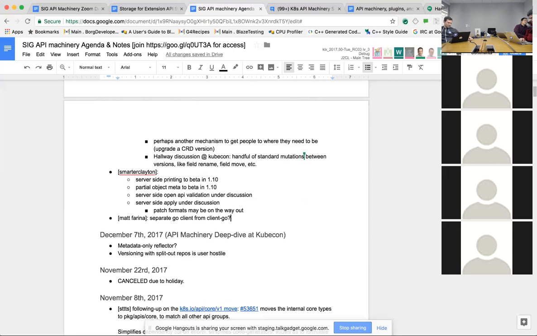Now, in your idea of a separate Go client, are you talking about a simple Go client that does basic CRUD and REST operations, or are you talking about the other pieces of client-go, things like the reflectors and the queuing mechanisms and the informers and the listers and all the other pieces that are required to make, say, a client like a controller, or are you just talking about basic CRUD?